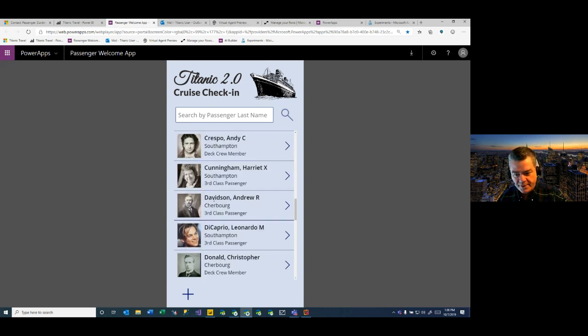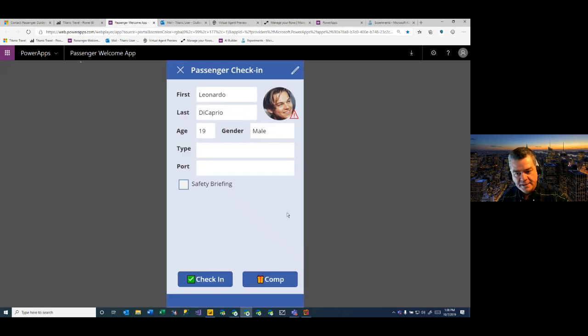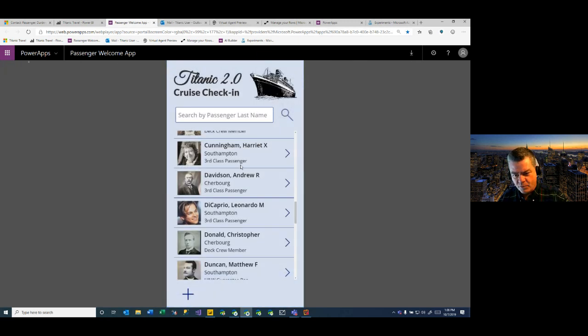You can look through them and pick out the individual, like Leonardo here. Let's see if I see Leonardo come on the boat. I'll notice there's a little warning sign beside his name, meaning that he's probably a high-risk passenger. He's likely not going to do well. So I might take a look at him, or maybe somebody like